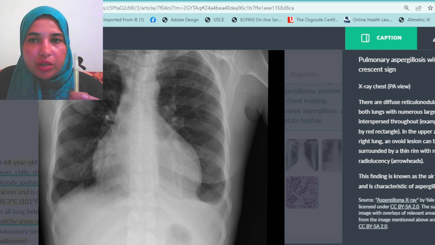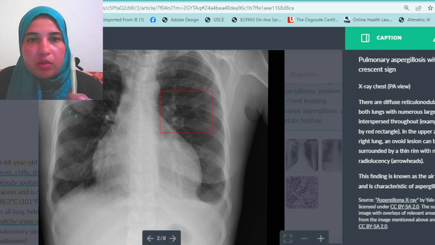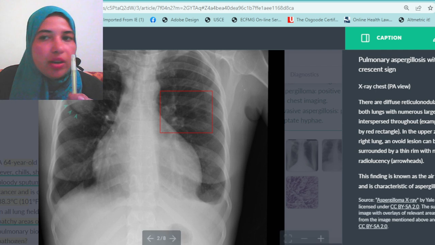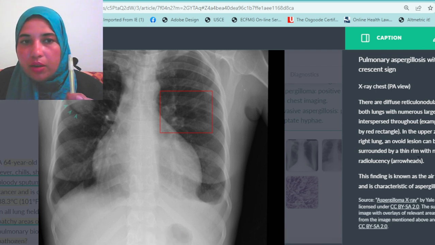Here we go. We have an x-ray here. What am I looking at? Let's look at the overlay. They want me to focus there and there. So you can see here where it says within the arrowheads,